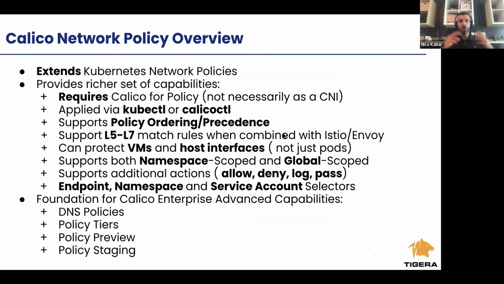So now that we've talked about Kubernetes Network Policies, let's shift focus to Calico Network Policies. Calico Network Policies extend Kubernetes Network Policies. They provide pretty much everything that Kubernetes Network Policies provide, but extend the capabilities beyond with a set of very powerful capabilities. I'm going to go through a couple of them, and show you some examples as well. The first thing is that when you want to use Calico Network Policies, you're required to use Calico